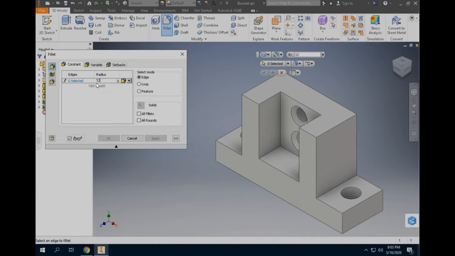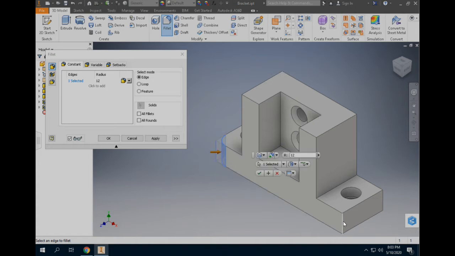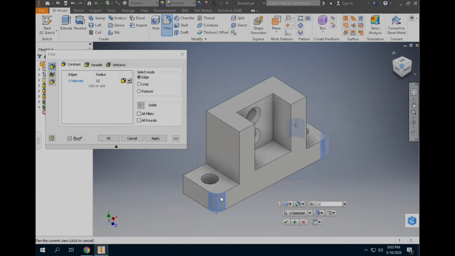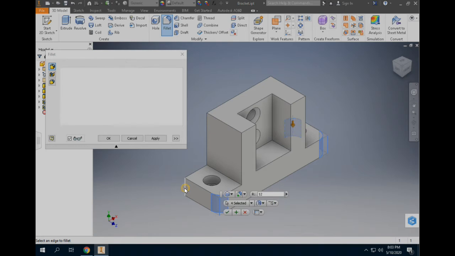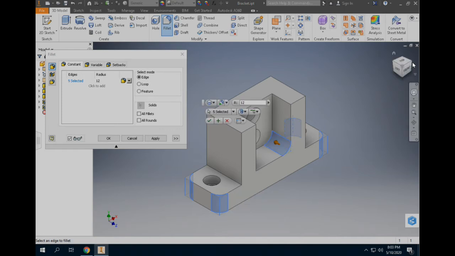And then just to get the program to accept that as an input, I usually just click down here. And then there are 6 edges that we are going to fillet at 12 millimeters. And they are the 4 vertical corners along the bottom. 1, 2, 3. I need to get to that back corner as well. 4. And then the 2 inside corners in that middle notch. So 1